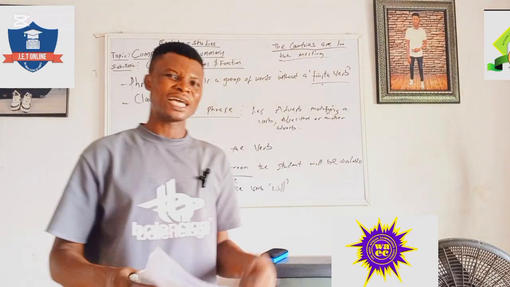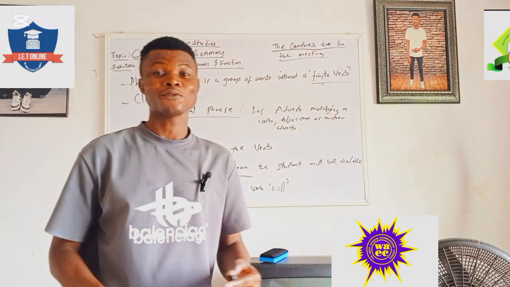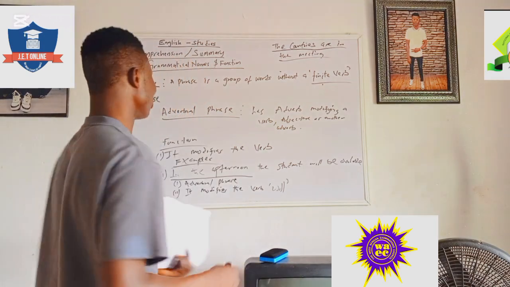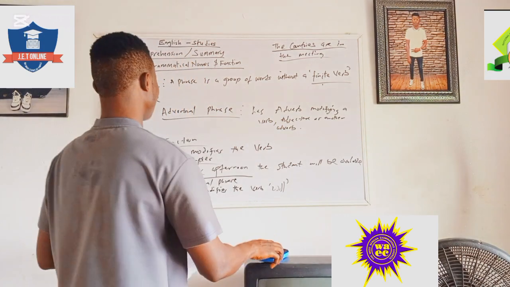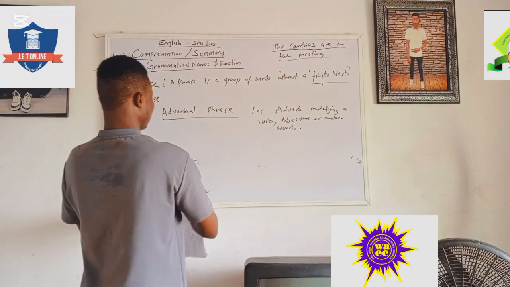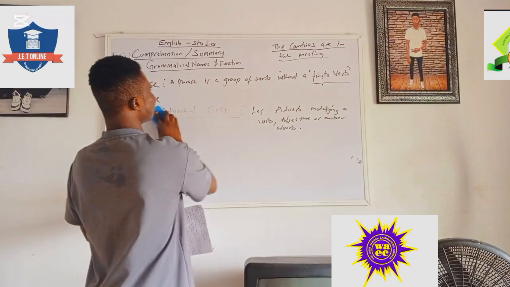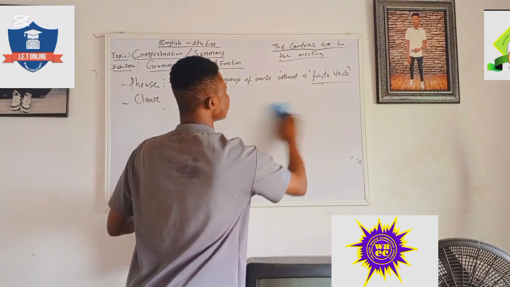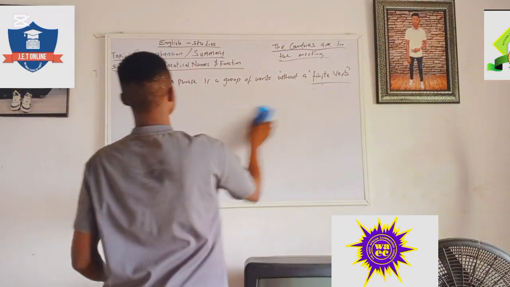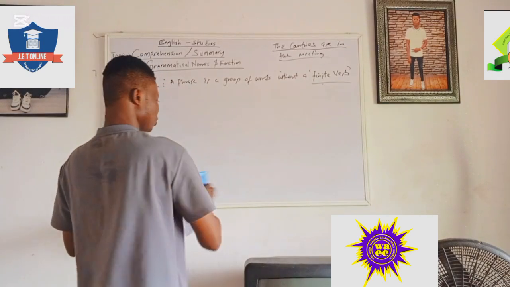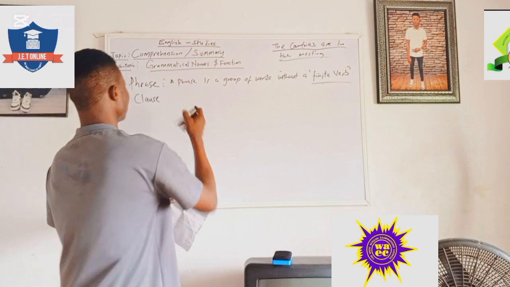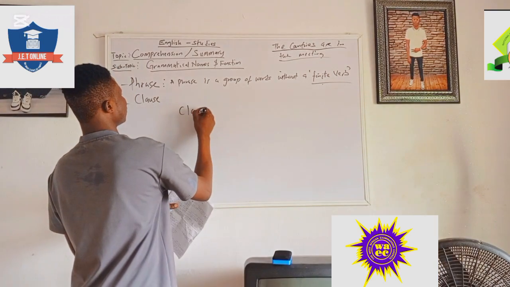And in WAEC, I think we have like three marks for grammatical name and function under your comprehension as a whole. So that is about what? About phrase and its types. Now let's move to clause. I've told us that under grammatical name and function, the two things that we need to know very well for us to name our grammatical expression are the what? The phrase and clause. Now let's look at clause.